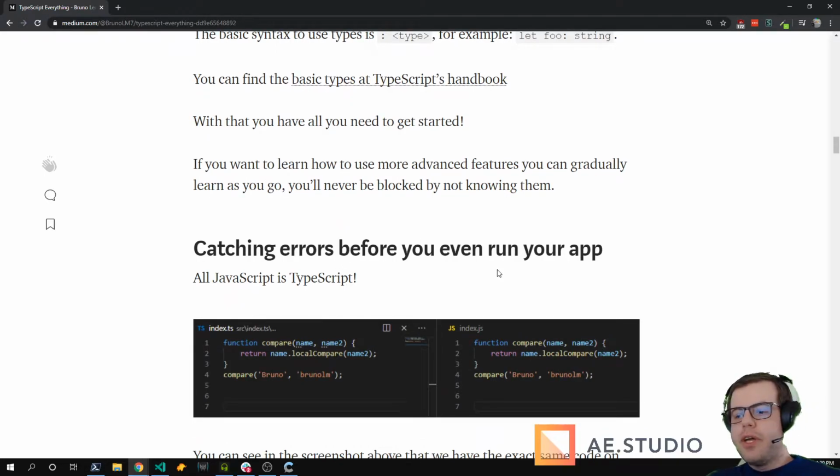So some of the benefits: you can catch errors before even running your app. Do you see the code here? They look exactly the same. They are actually exactly the same. And there are no errors going on here. Does anyone know what the error here is? I guess not.